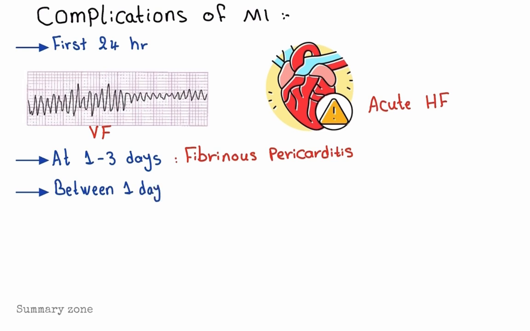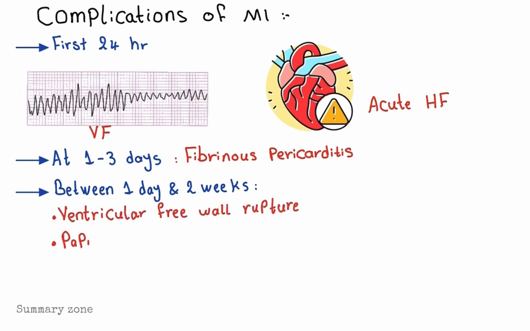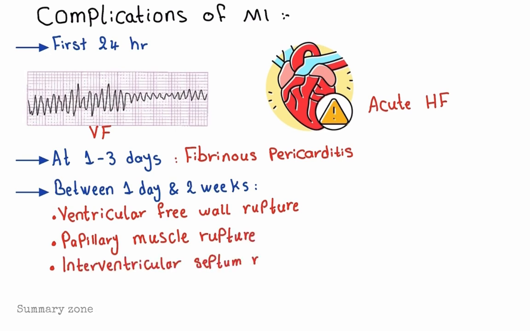Between 1 day and 2 weeks, we worry about mechanical complications from the necrotic heart muscle: ventricular free wall rupture leading to cardiac tamponade, papillary muscle rupture causing acute severe mitral regurgitation, and interventricular septum rupture, creating a VSD with a